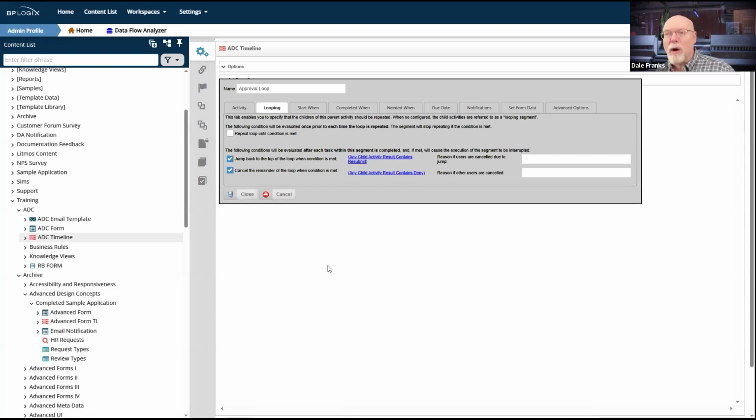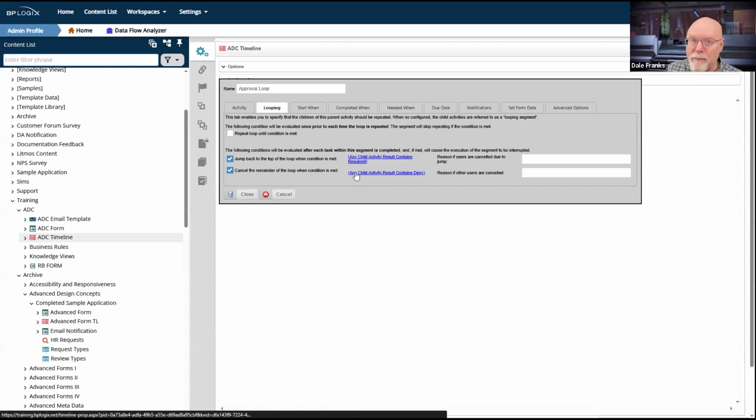Now, this is going to place some constraints on me because it's looking for specific activity results. And so if I'm going to have a resubmission, I am going to need to have some sort of explicit text on a button, on a result, that in this case includes the text resubmit.